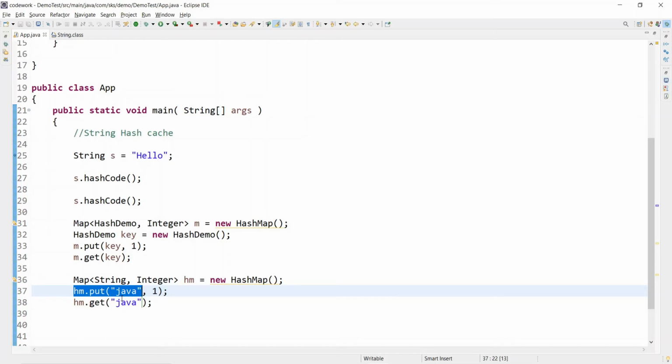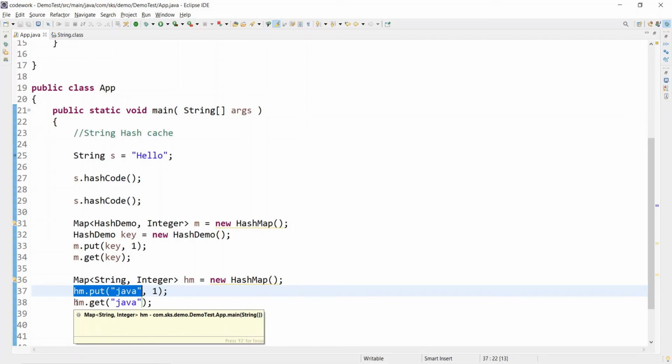It will remain cached until the object remains in memory, right, and each time you call get, maybe 1000 times, you don't need to calculate the hash code, it will already be cached, and inside the hashCode method it will return the hash code that has already been cached. So this is basically the second reason why String is immutable, and this can be done only in the case of immutable, because it will not allow you to change the object.